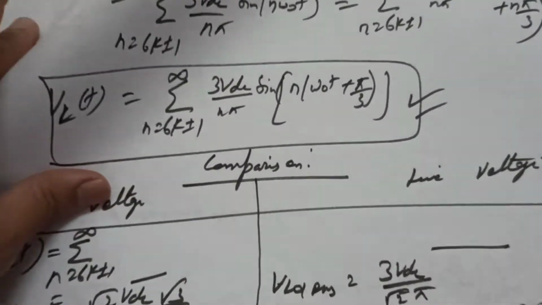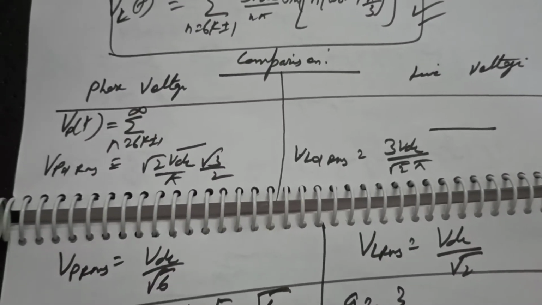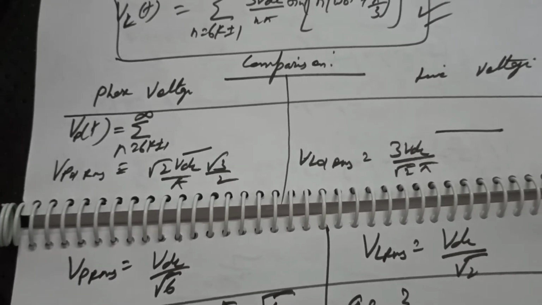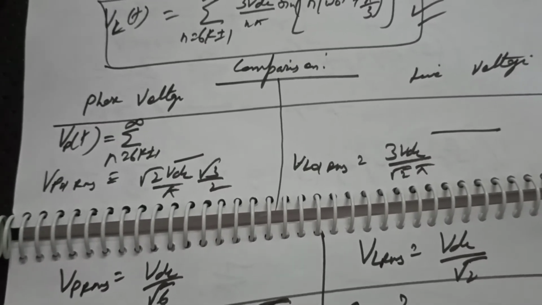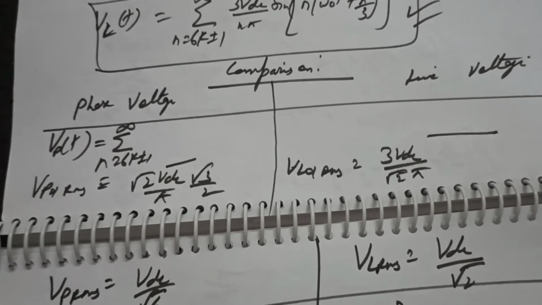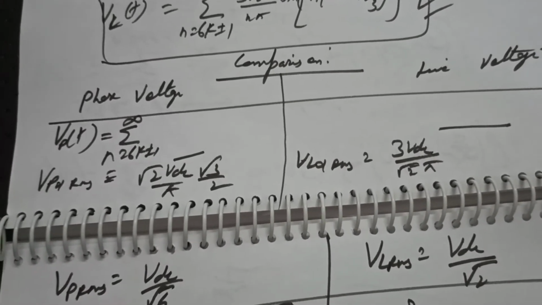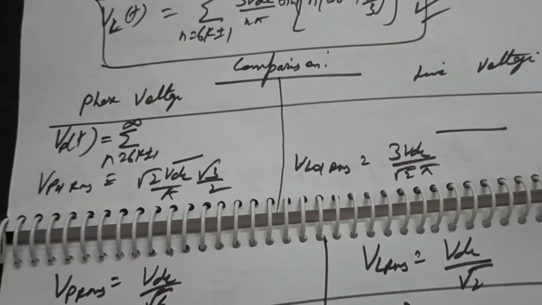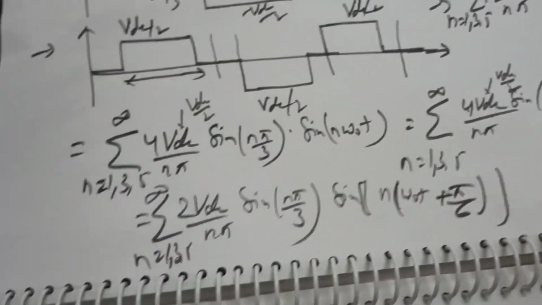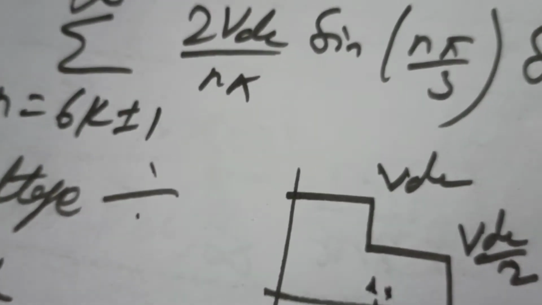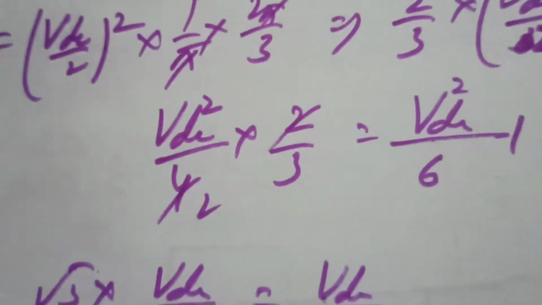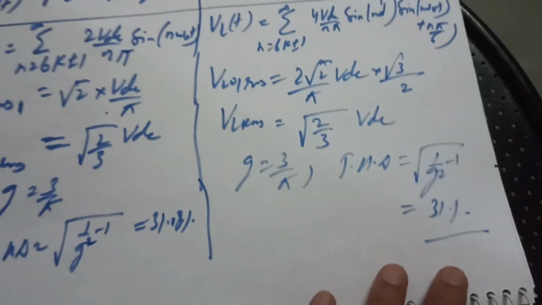Now again I would like to revise all the Fourier expressions because these are important. First one is 2 VDC by n pi sin of n omega naught t. Second one is 2 VDC by n pi sin n pi by 3 for sure. The third one is not 3 VDC, it's 2 VDC by n pi, and again sin n pi by 3 will be there. In both the terms there will be sin n pi by 3 because of VDC by 2, and in that case it is basically 4 VDC by n pi into sin n pi by 3.